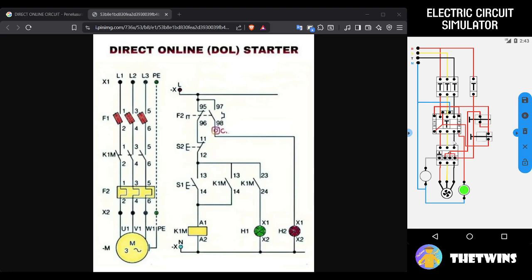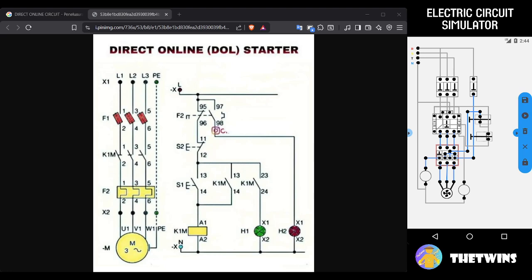If the motor is on and we trip the overload, then the motor is off and then the trip lamp is on. Okay, this looks fine and great. Okay, we save the project again. Maybe that's all from me.